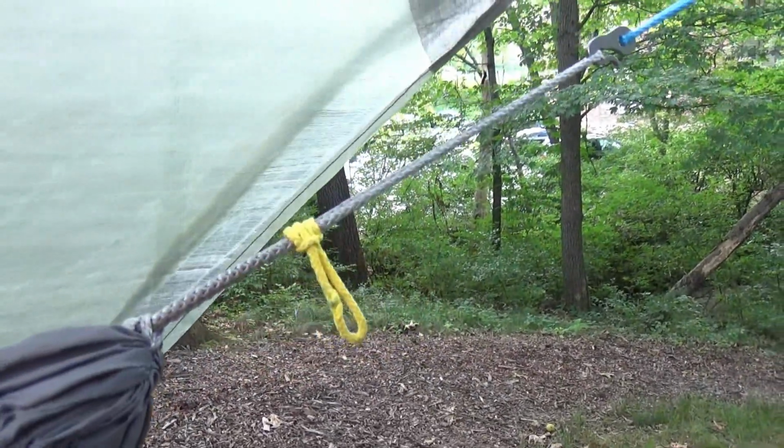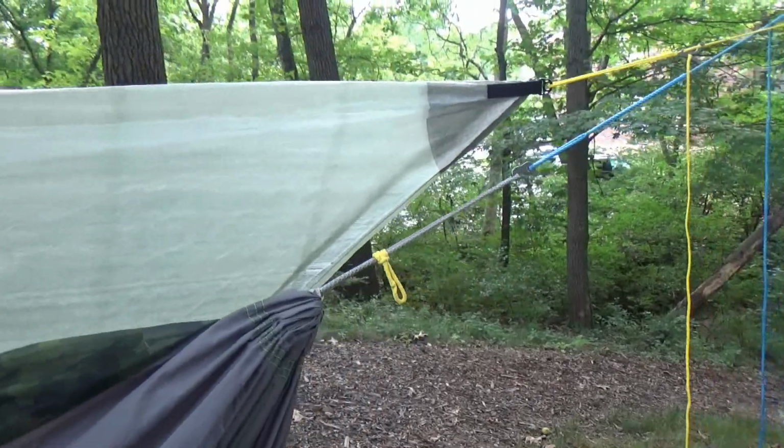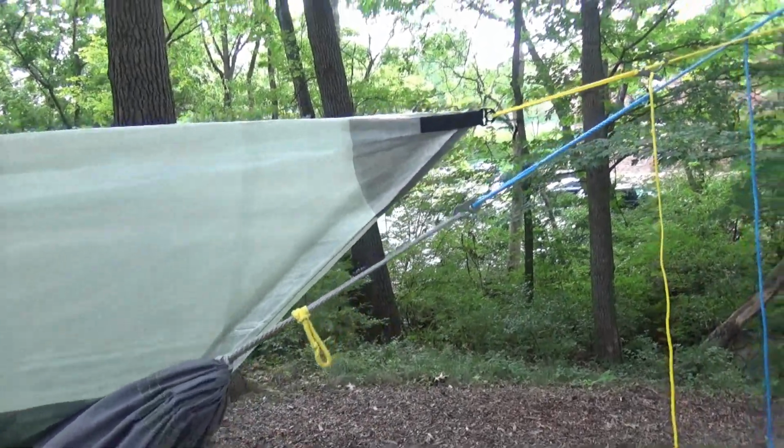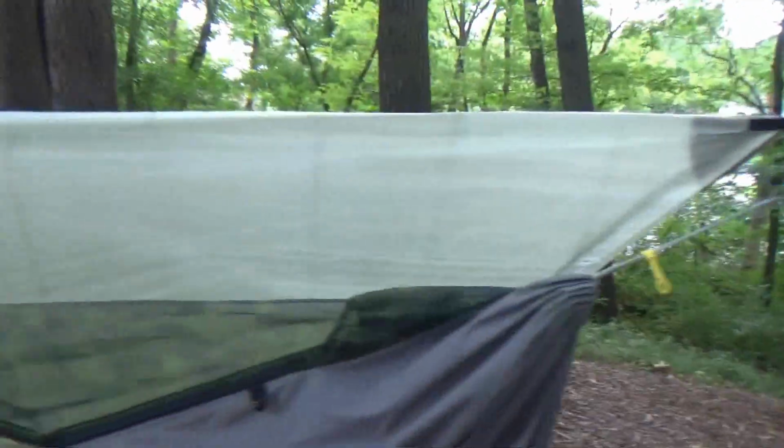So water breaks are really important to keep you dry and safe. If the weather gets down to 50, even 50 or even 60 degrees sometimes, and you're soaking wet, that could be cause for hypothermia. So here I am inside my hammock, and I wanted to show you another great resource